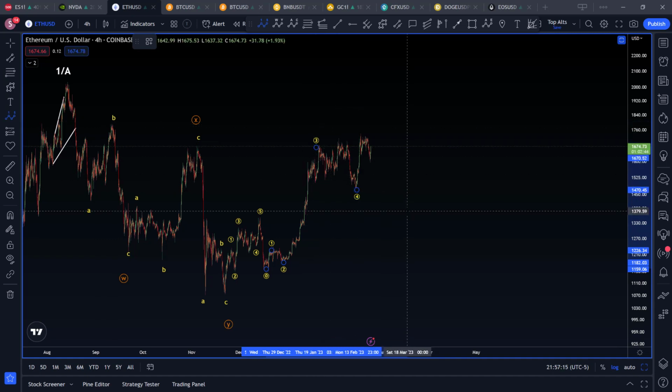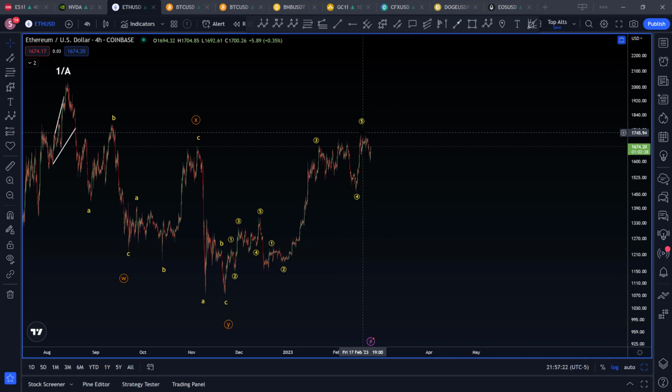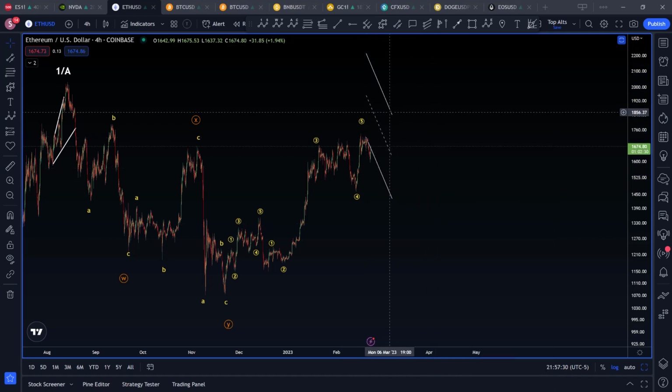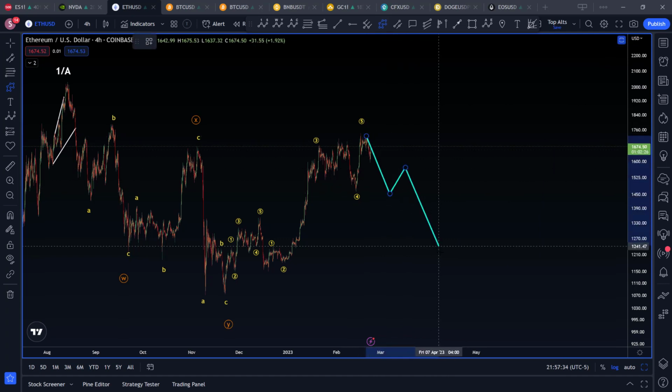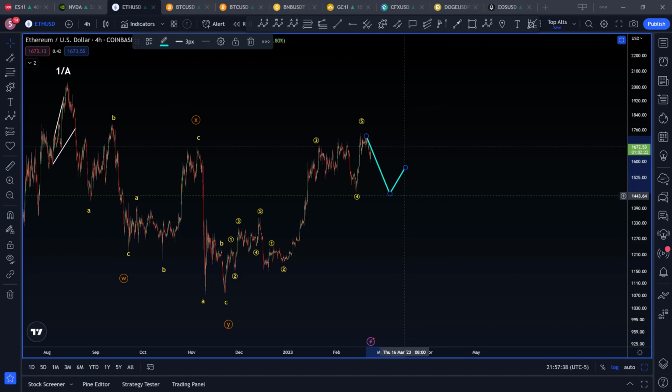4, and then the question was 5, right? So this is definitely a potential opportunity that 5 is in here, so that this whole wave is done. And now, what I was just talking about, the next corrective that's going to challenge the lows is already on the way. But the problem is,